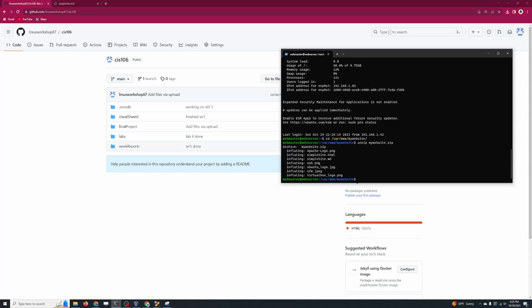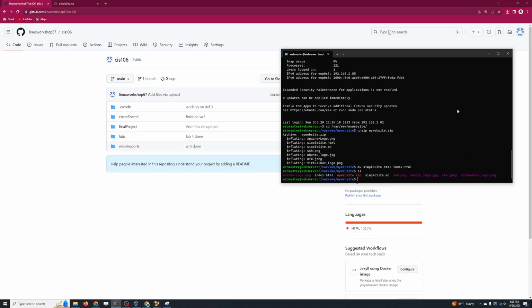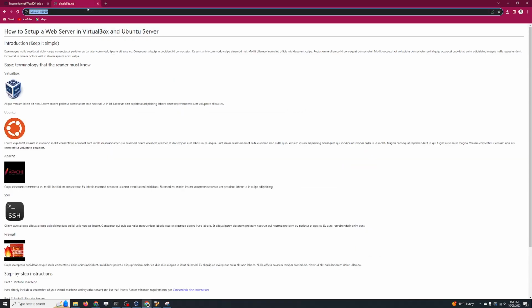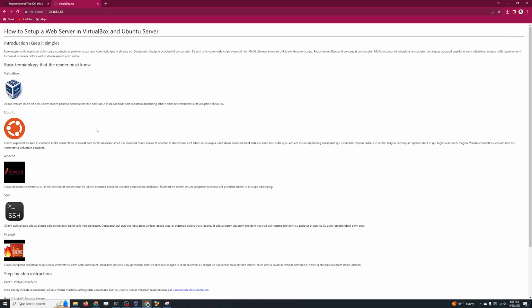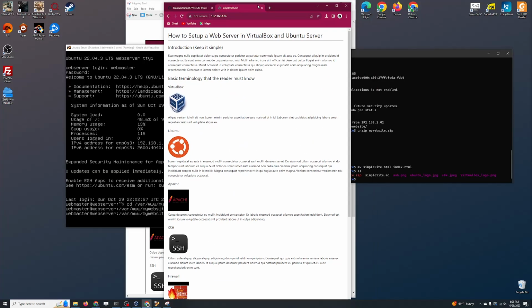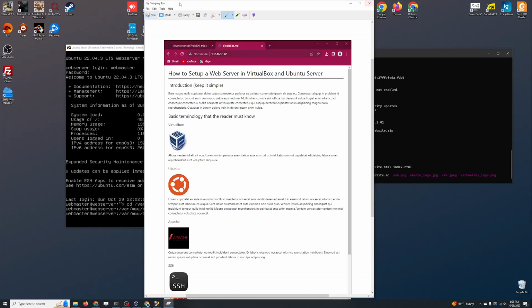Beautiful. Now we're just gonna rename simple site. So mv simple site HTML to index.html, and the same thing goes on. So if you go to 192.168.1.85, you're gonna see your website over here. We take a screenshot and we upload this screenshot to